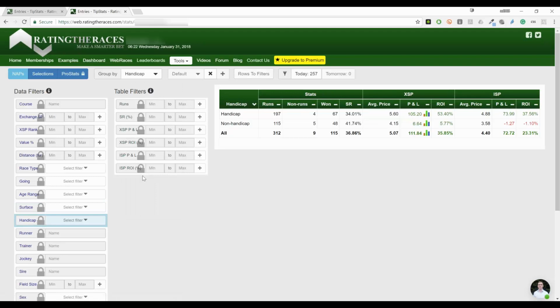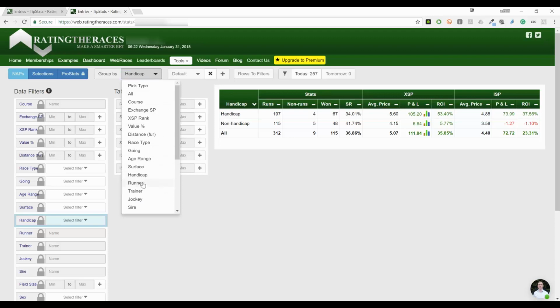Handicap versus non-handicap. Okay, so non-handicap is profitable, but only just from a lot of runners. This person here might be far better focusing their attention on their handicaps. So right now, the two filters that I would be implementing would be only keep handicaps and remove National Hunt Flat races. So we'd apply those two filters. Try and remember